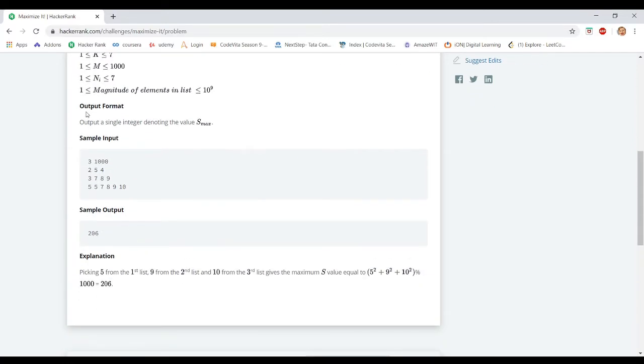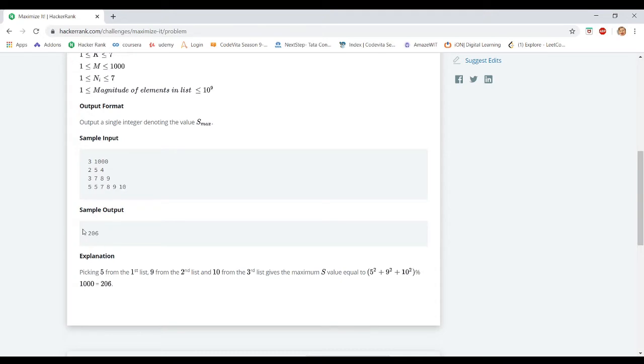Sample input. They give two integers, 3 and 1000. Next, the number of lines is equal to 3, and at every line they give a value indicating the length of the consecutive integers that follow. Here the value 2 indicates the next two integers, then 3 indicates the next 3 integers, then 5 indicates the next 5 integers.